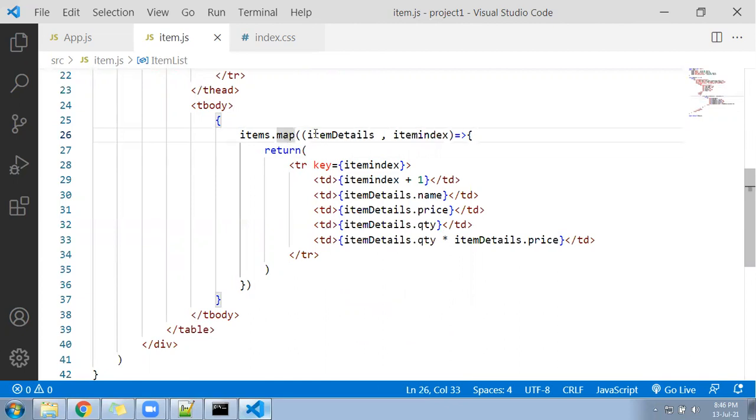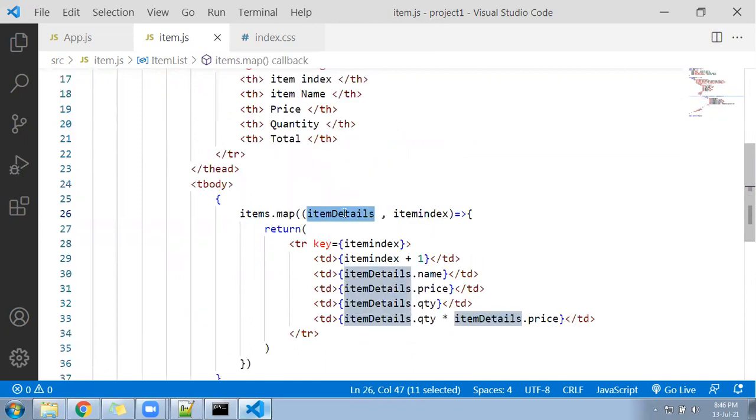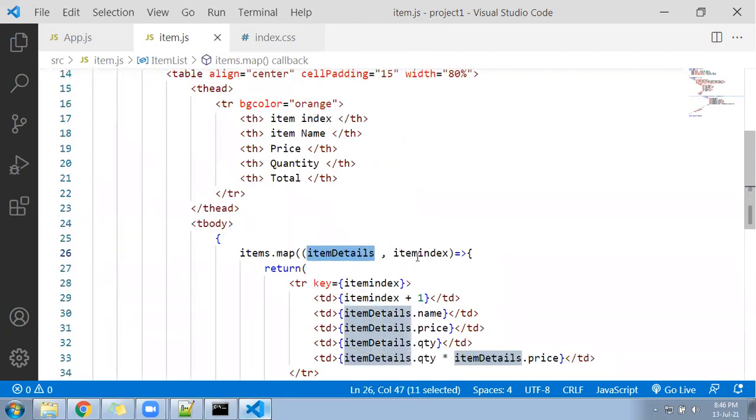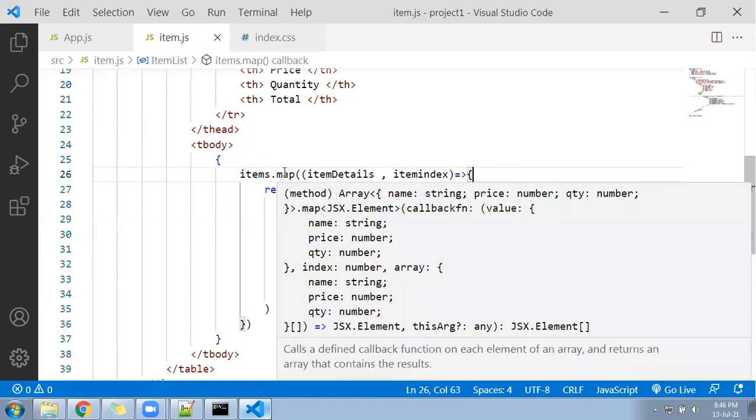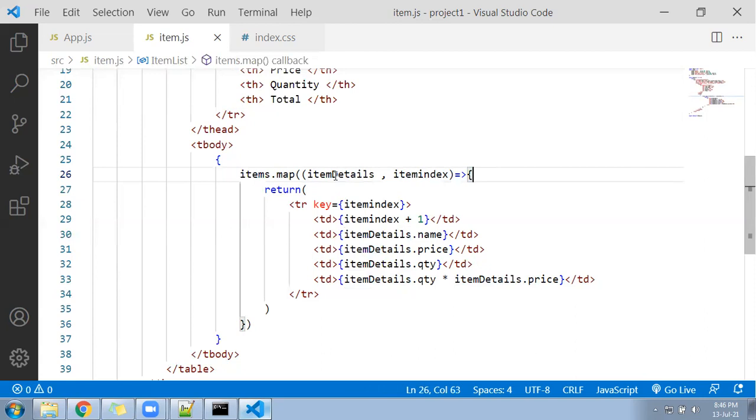So what will happen now? The map function will split your array into two parts. The first will give you the element and the second will be called index. So element is nothing but now our multi-dimensional array. So in every loop, the item details will hold the details of the particular product. Let me move my mouse here and you can see what is happening below. It is showing the complete structure, right? In the JSX. And after that what we did, we followed the TR, and inside the TR simply we printed item details dot name, price, quantity, and finally we multiplied it, right? So hope you understood the flow.